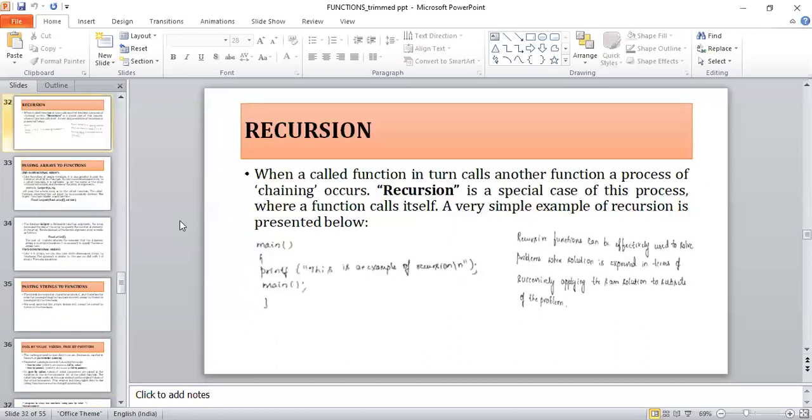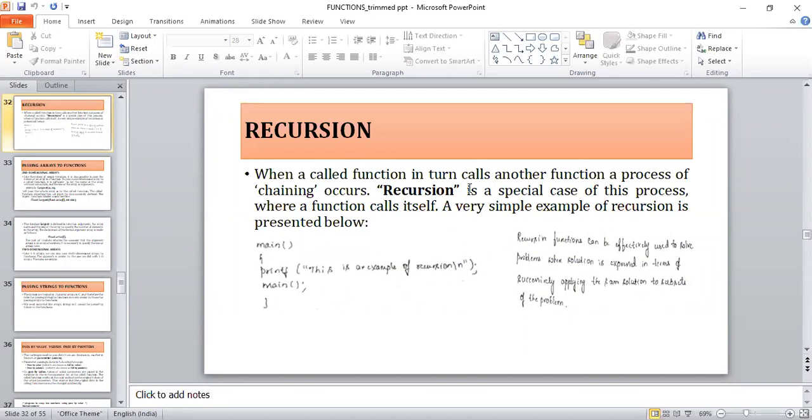Next one is recursion. That is a separate concept which we are going to take later, because there we are going to go through many important programs for recursion. I'll tell you briefly how to define recursion. A function which is calling itself is basically recursion. If a function is repeatedly calling its own name again and again, then we call this recursion.